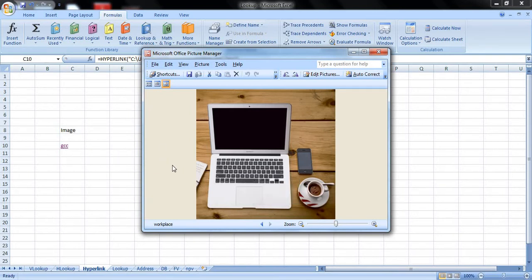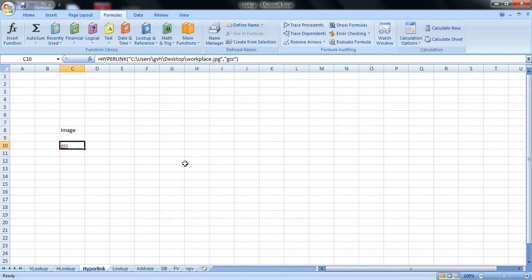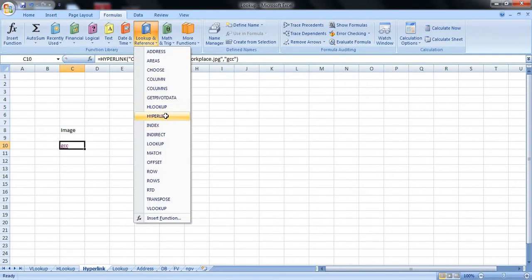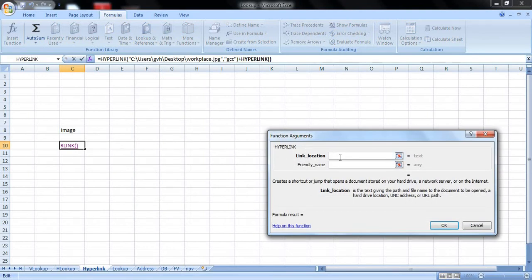Similarly, you can link PDF file, PPT file, MS Word file, almost all the files which are available in your computer. Or you can give is the location like the web path, internet location, etc. Can link almost anything and everything. So this is about hyperlink. We'll have to go to hyperlink and we'll have to mention the place or the location of the image or the file which you wish to connect, and this is the optional part. If you wish to give any name, you can give, otherwise it will be blank. You can give any name if you wish.